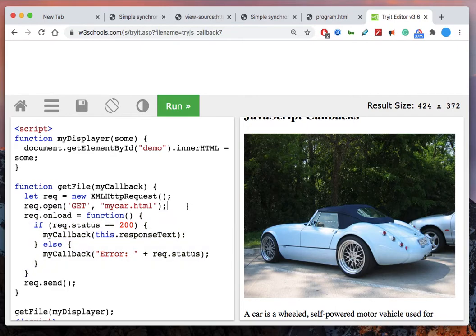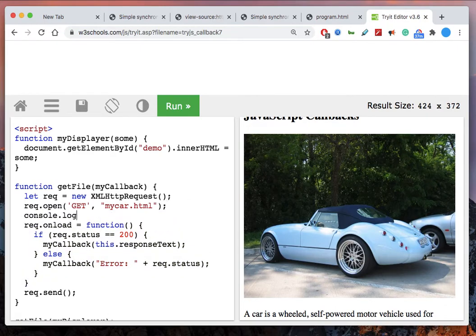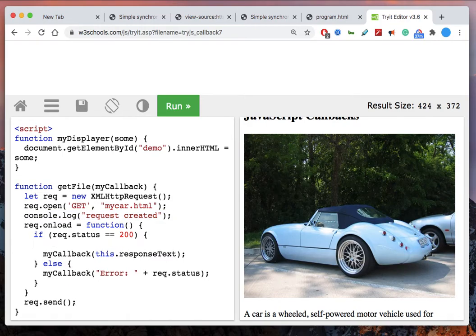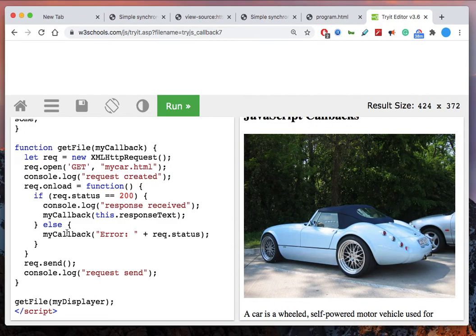And you can imagine that, so we will see the order of execution. First a request is created, right? And then maybe I can say here response received, and then request sent. So you can see that I am writing what to do with the response before I'm sending the request. It cannot happen that way. First the request will go, then the response will come from the server. But you can see the order of writing it, again, line 1, 2, 3. It's not that line 2 will be executed before line 3. So first line 1 and then 3 and then 2, and this is what happens here.